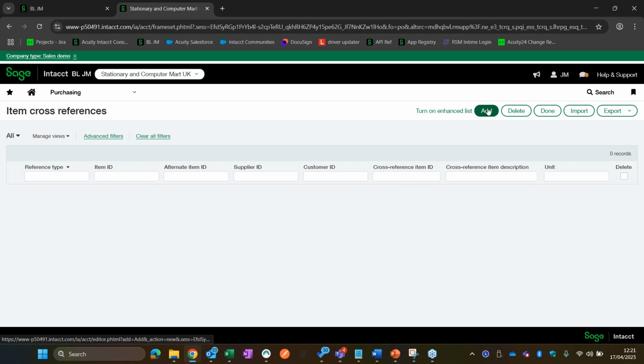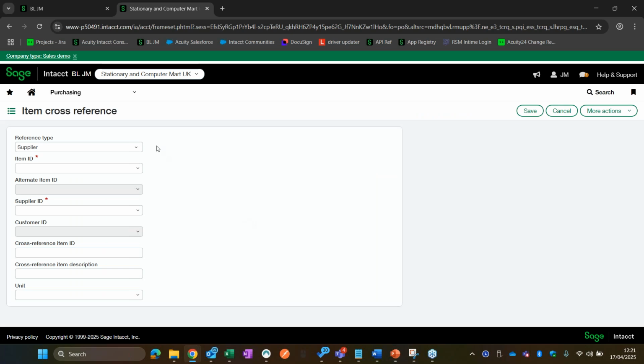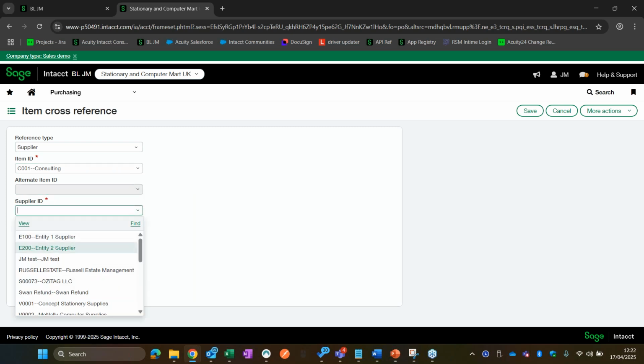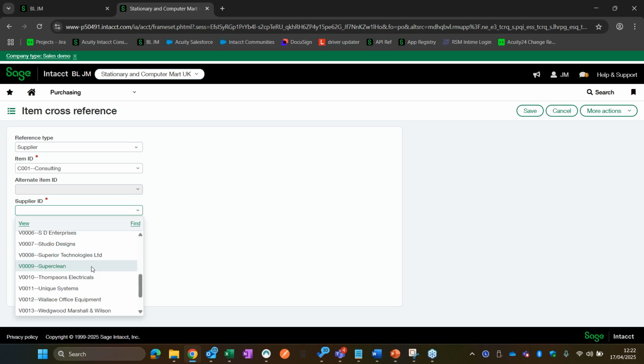I don't have any at present, so I'm just going to go ahead and hit add. What this does is you can pick the reference type. Customer and supplier relates to customer-specific or supplier-specific terminology. In this case, I'm going to create a consulting supplier reference. I might call this consulting in my system, but my supplier, and I can do this specifically per supplier as well. So let's say for Thompson's Electricals,